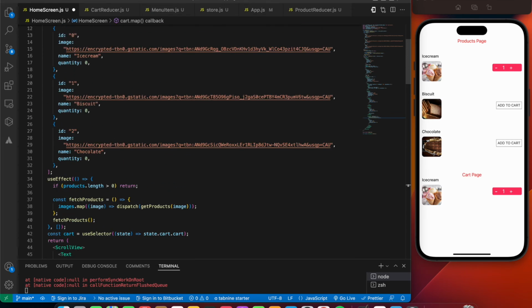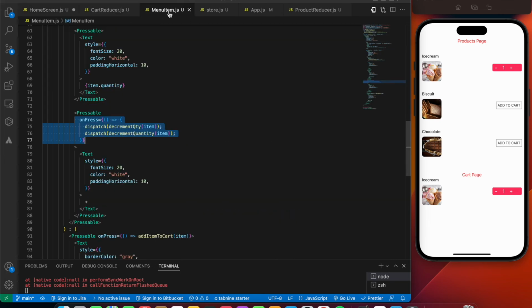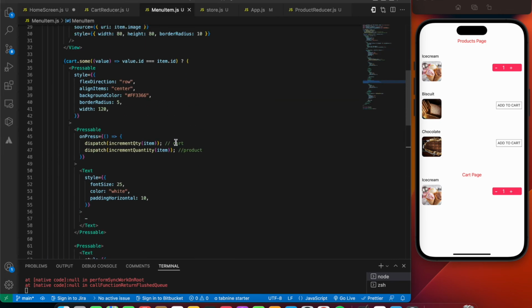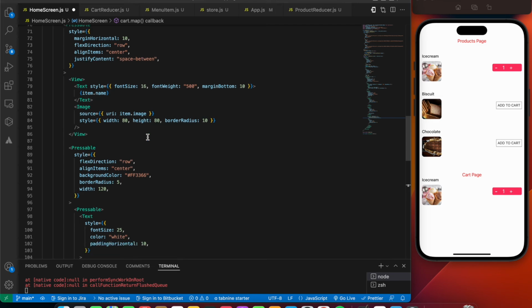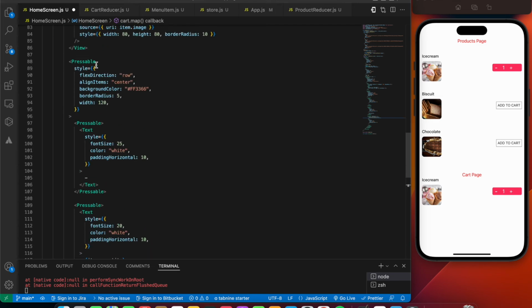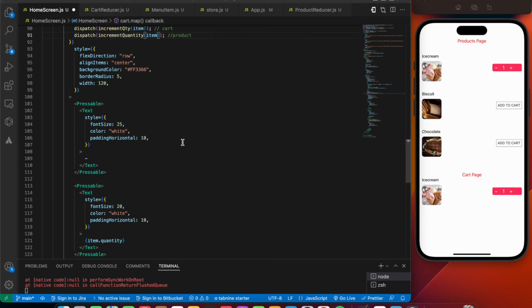Dispatch is initialized or not? It is initialized, good. So now let's copy the same thing for our minus button. Let's come back to our home screen and paste this for our minus button. And import this one from cart reducer and this one from product reducer.